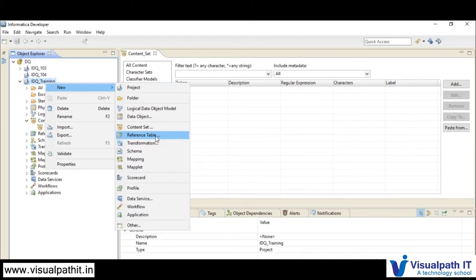Usually a reference table will maintain two columns as mandatory. You can have more than two, but two columns are mandatory. One is the expected value column. The second one is the valid or return column. Whenever you are maintaining reference data in your reference table, it will validate against the expected value column, and if it finds a match, it will pick the relevant description.